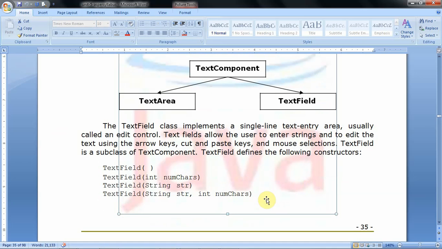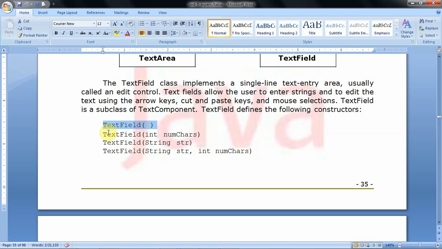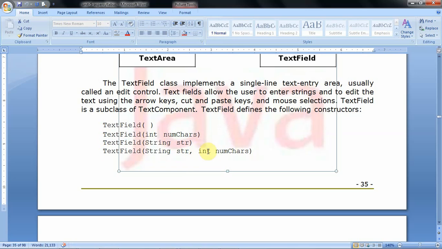For creating the text field object, these are the constructors. TextField with no argument, TextField with a specified number of characters, then TextField with an initialization string, and TextField with an initialization string and size of the text field.